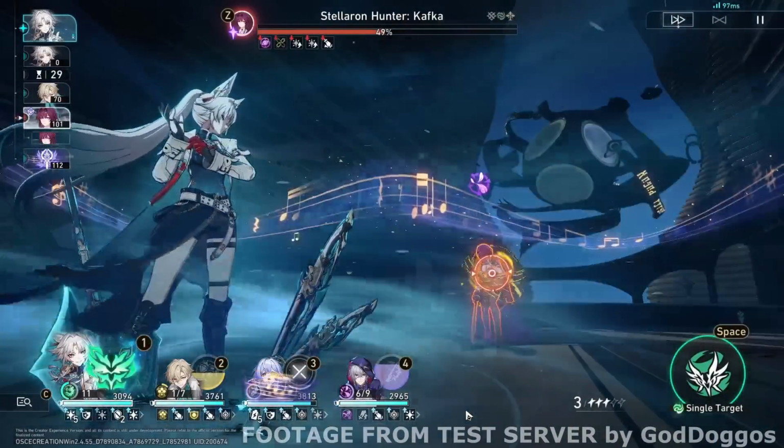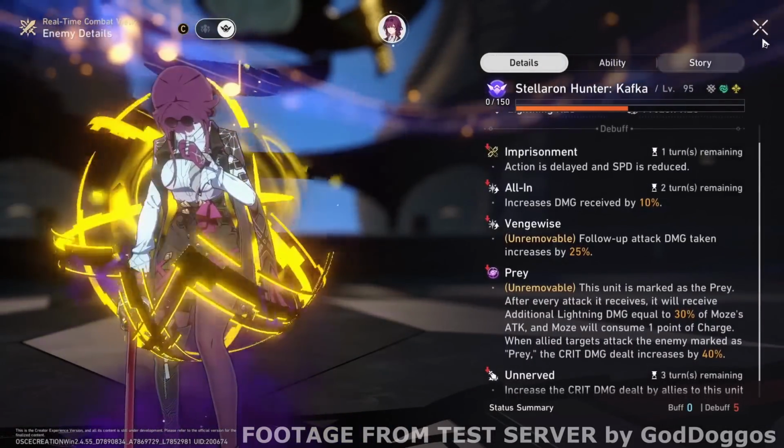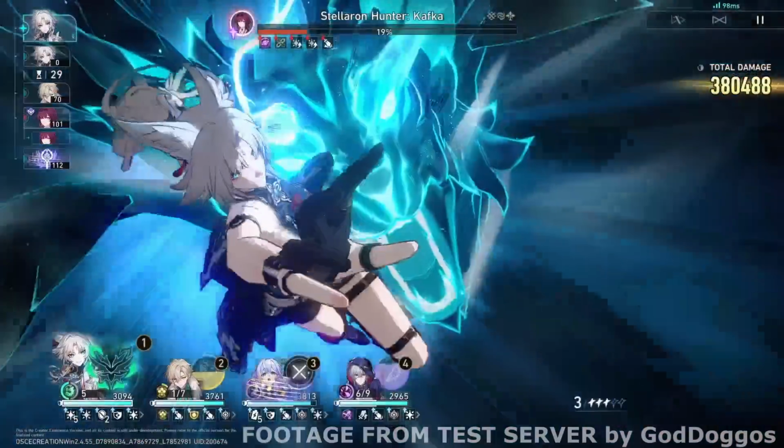And can we end Kafka though? With the help of Moze's Prey debuff, to get a 40% crit damage increase. Feixiao's now at 250 nearly. Let's go ahead and do it, man. Spacebar it in. Bang, bang, bang, bang, bang. And it is